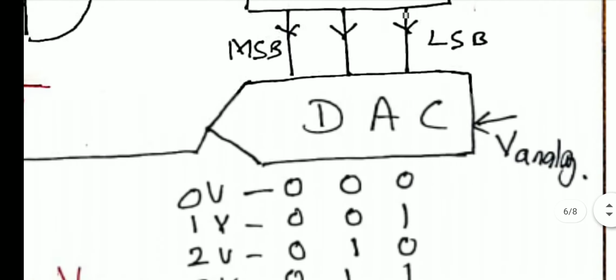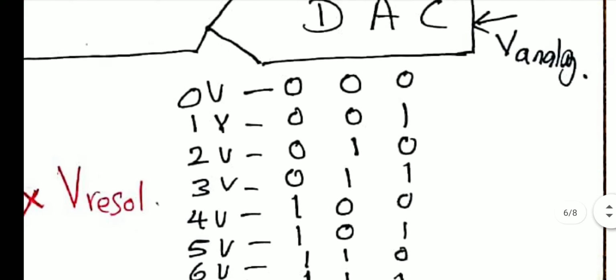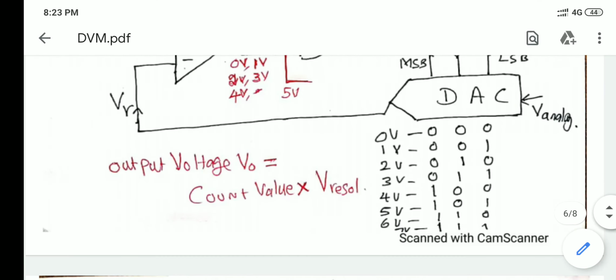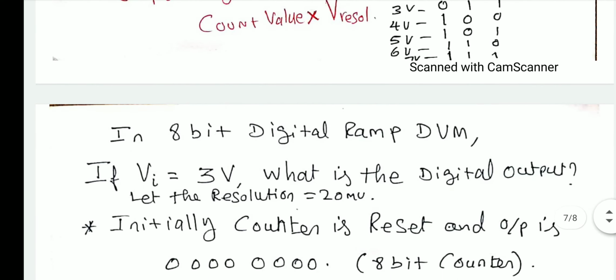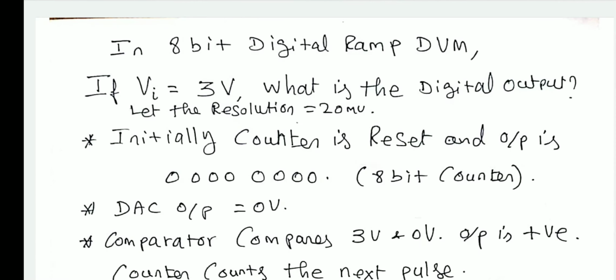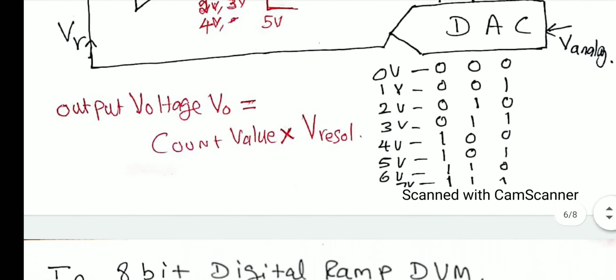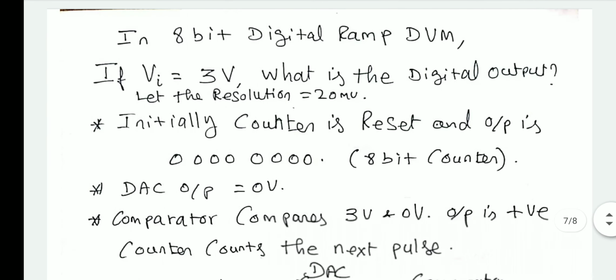Okay, now this counter output is taken out for the display purpose. So the 101 is the converted measured voltage, that is equal to 5 volt. Okay, so that is the idea. So this is how the digital ramp voltmeter works. Okay, so what we discussed here is with an example of a 3-bit counter and DAC. So this concept can be extended to any number of bits.